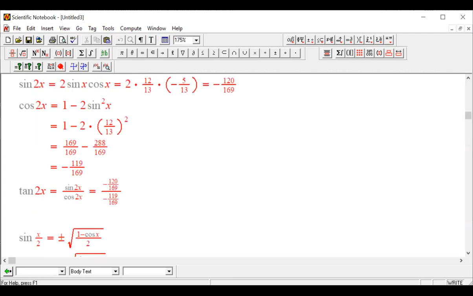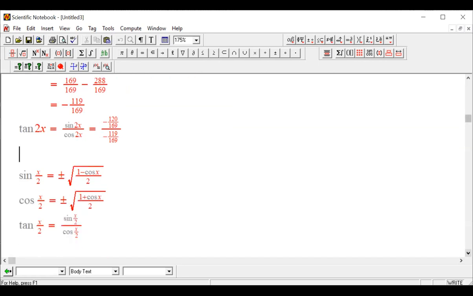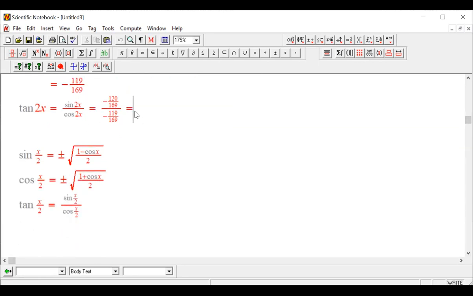Anyway, it's good in a way. And in the end, negative divided by negative is positive. 169 reduced. So we have 120 divided by 119, positive. Half angle,